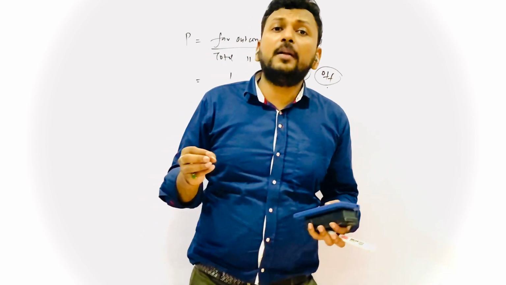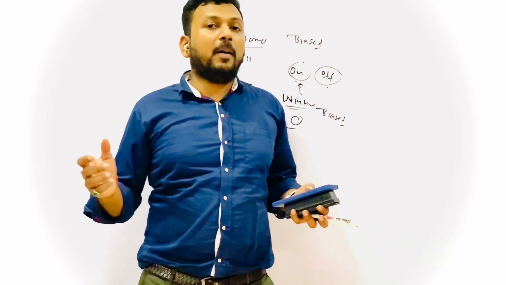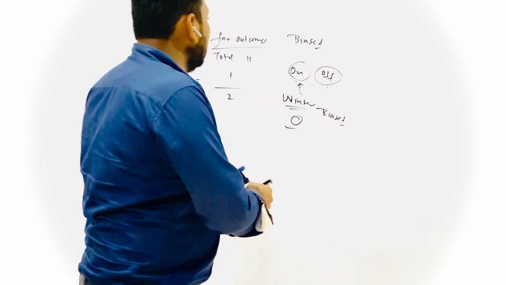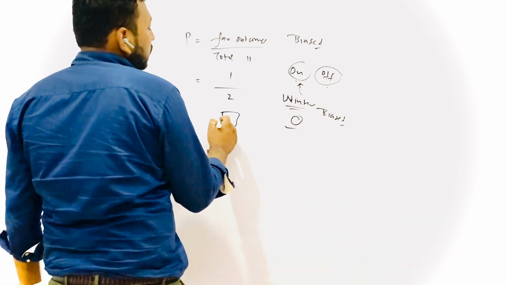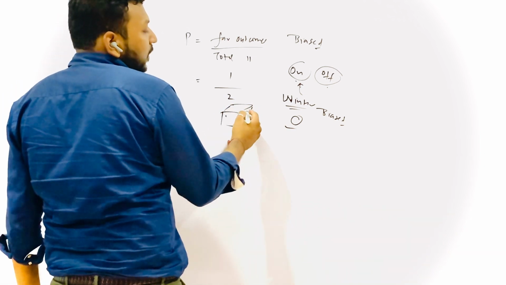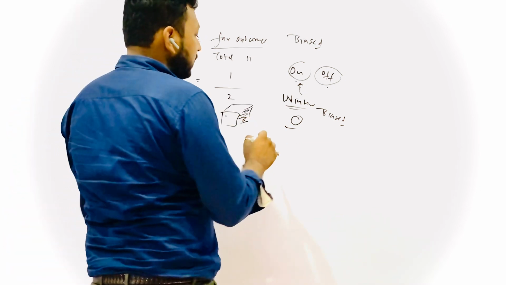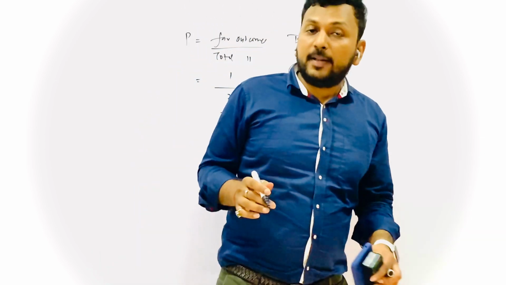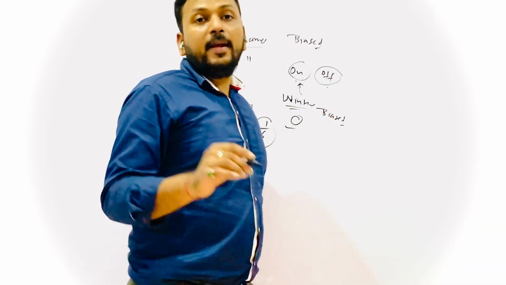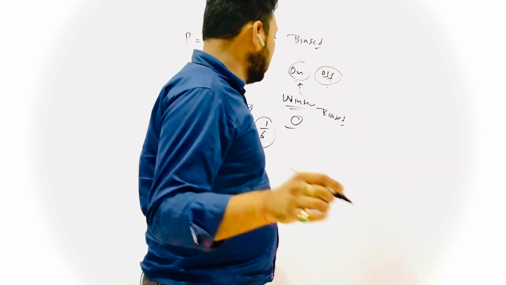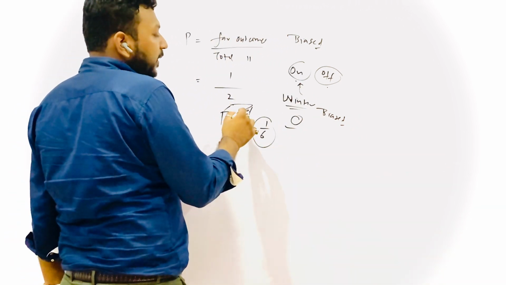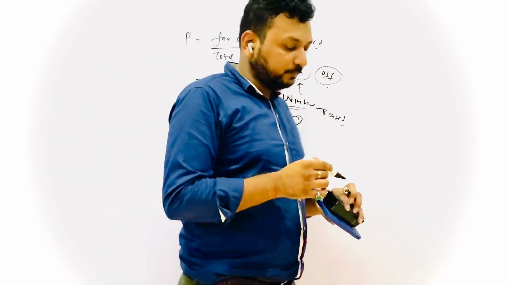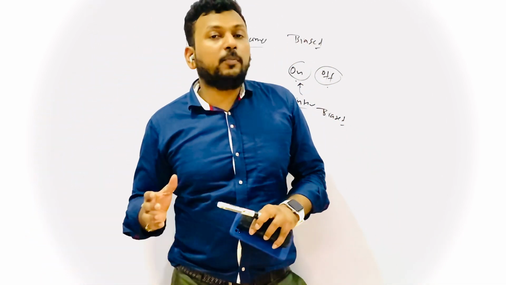But if I take a new fresh dice from the market, and I ask you what is the probability of getting a 6, there are 6 numbers on the dice. If I want to get this particular number, the probability is 1/6, because the total possibilities are 6. But if someone like Shakuni Mama uses the dice, then the probability of getting this particular number is 100%, because he will definitely get that, right? So what is probability?